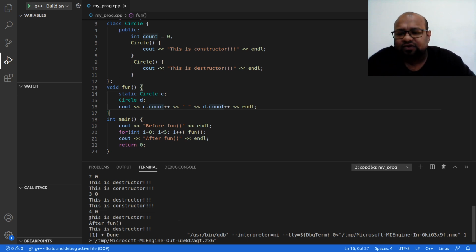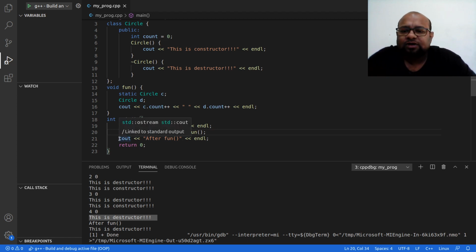And when I return from this fun function for the fifth time, I print this is destructor because D object is destroyed, it is allocated in stack. When I return from this fun function, the stack memory is deallocated, therefore the object is destroyed, and I come out of this for loop after calling this fun function 5 times.